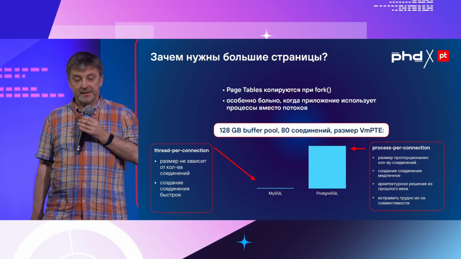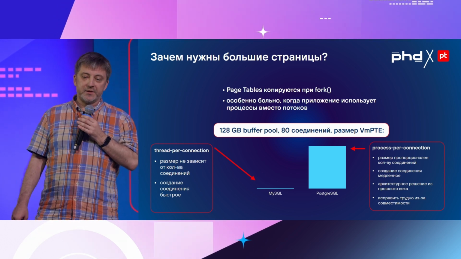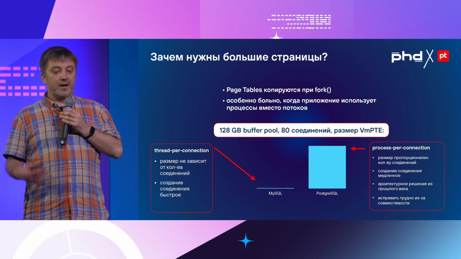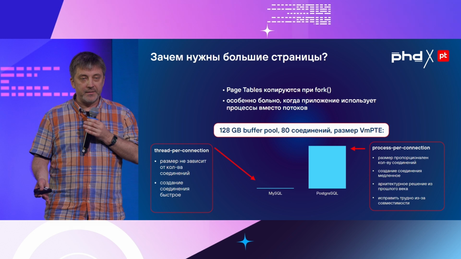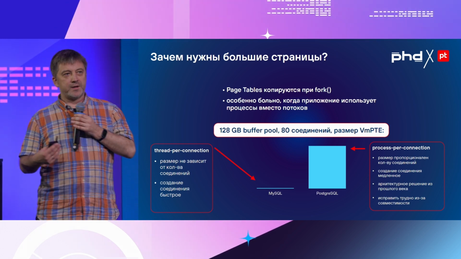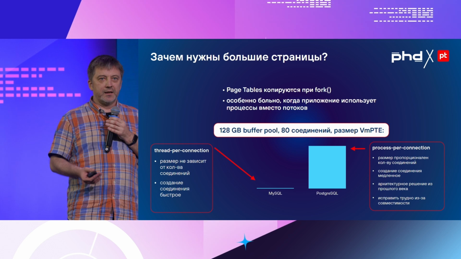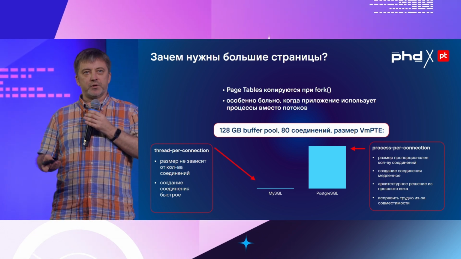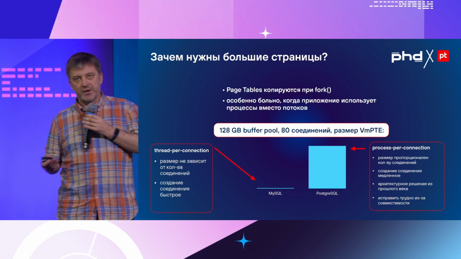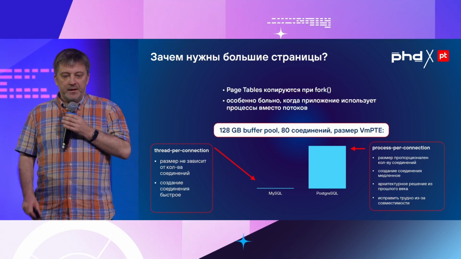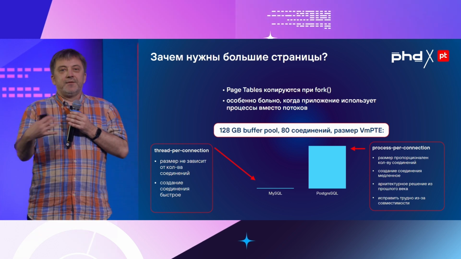So Postgres uses processes instead of threads, and that reflects negatively on the processes, especially for systems with quite large cache, with quite large memory, and systems with a lot of connections. You've probably heard that in Postgres, to create a connection, it's a painful and expensive thing. That's exactly for this reason. That's why MySQL maintains a large number of connections.